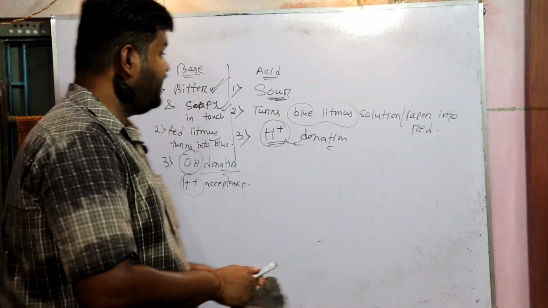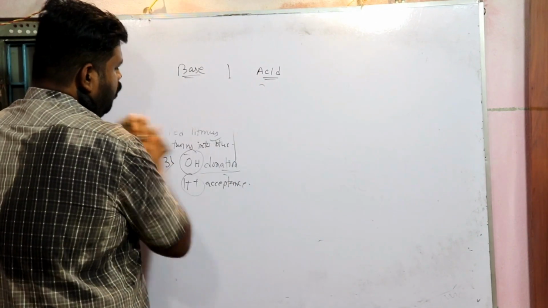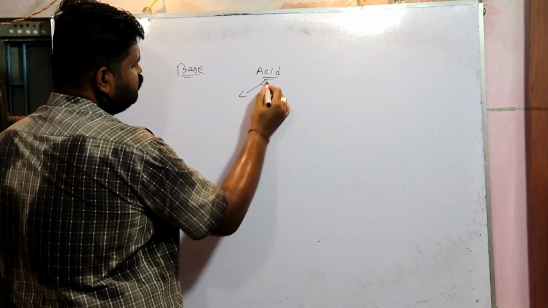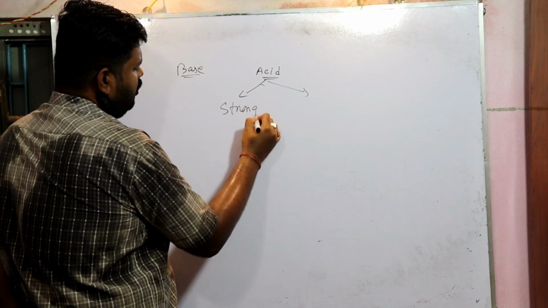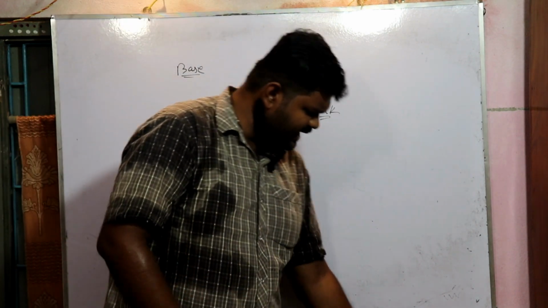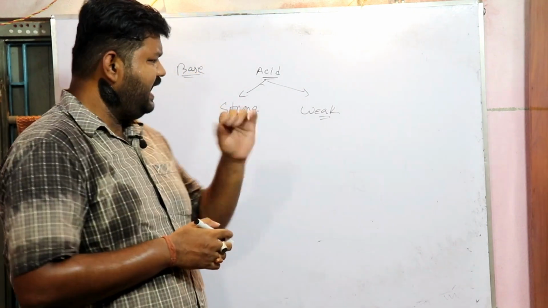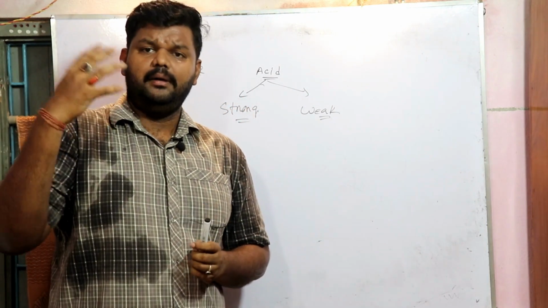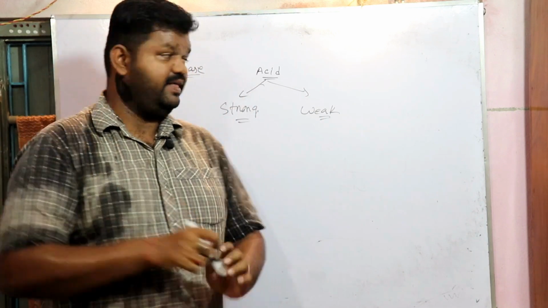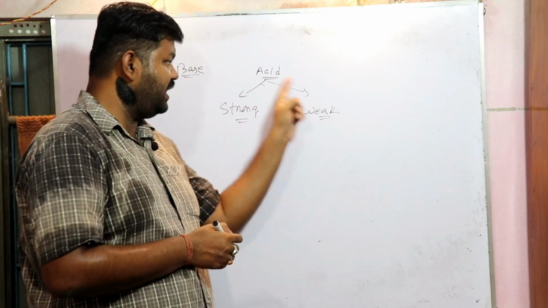Now some classification of acid and base. This is a very important classification. You have to know what you mean by strong acid or weak acid. From the Arrhenius concept, we can clearly understand that the compounds which can give H plus ion are known as acid, and those which can accept the H plus ion or donate the OH minus ion are known as base. That is a different thing. But acids also we can classify into two different types: one is strong acid and another is weak acid.